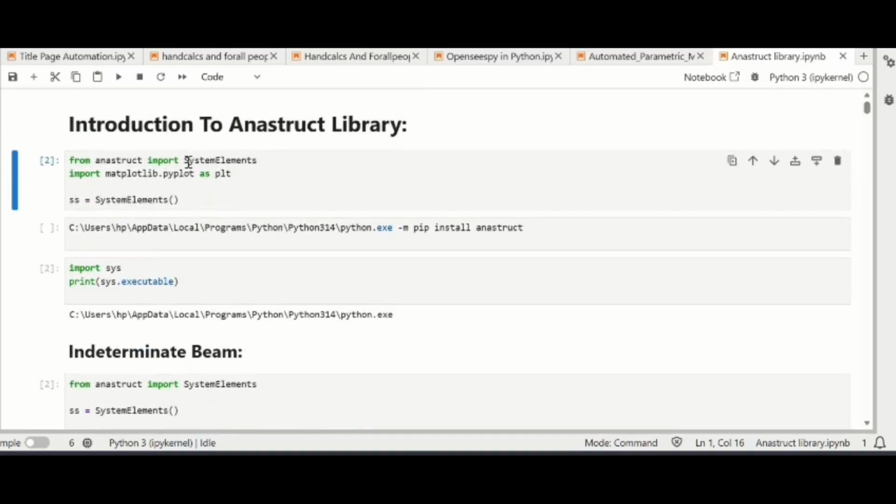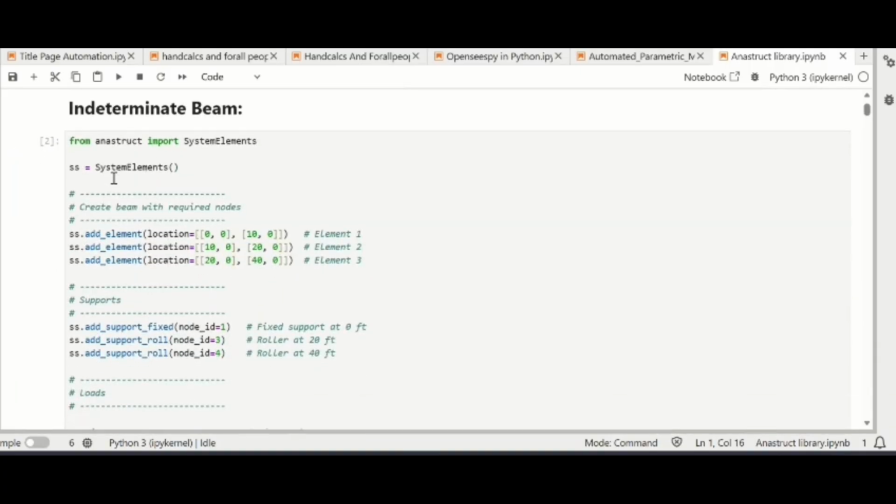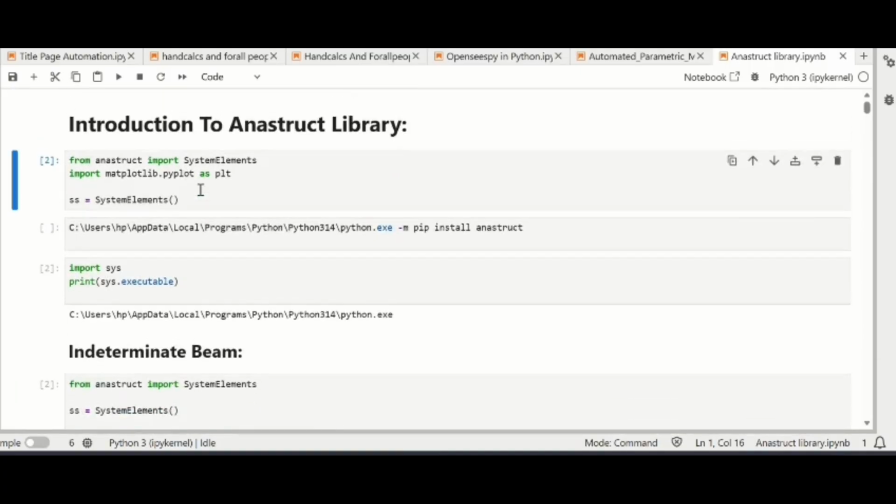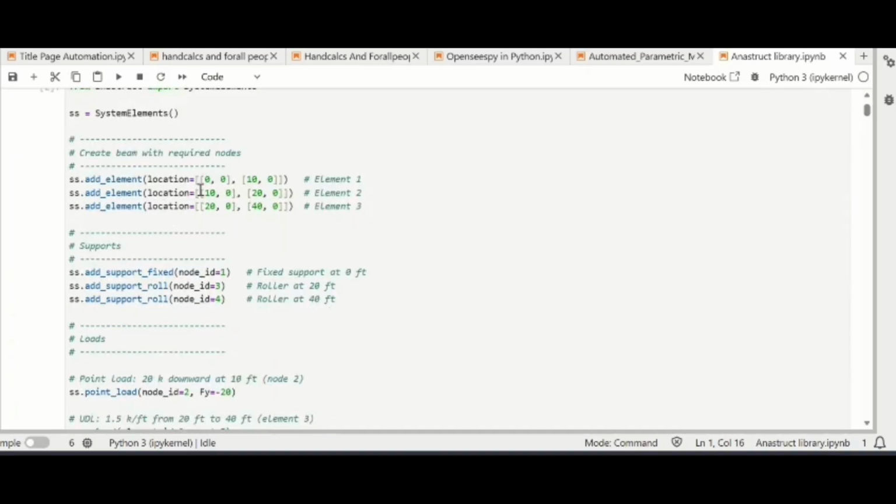As you can see, first you are going to import the libraries of NStruct and Matplotlib. As I believe you are Python beginner users, before using any library we first have to import it. For the system, element is used for the element import. For example, we have a beam member, a column member, a truss. All of these are known as elements.